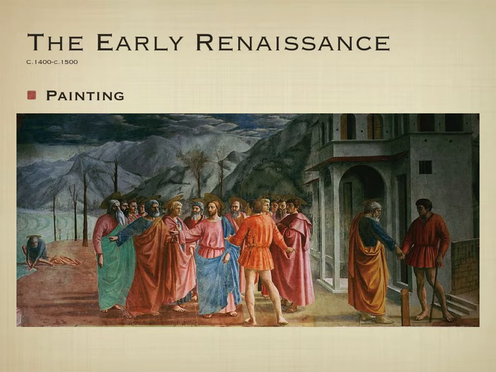Now what we also see within The Tribute Money is that this is actually three scenes in one, from the life cycle of St. Peter. The apostles want to go into the temple. However, you have to pay a tax or tribute to get in, and they don't have the money. In the middle scene, we see Jesus, the central figure, and the tax collector basically saying, I need the money. Jesus tells St. Peter, go over to the water, catch a fish, and open its mouth.